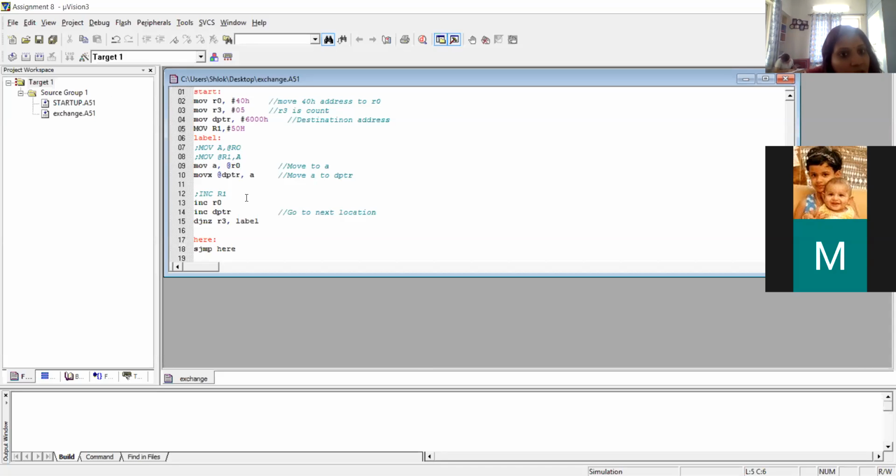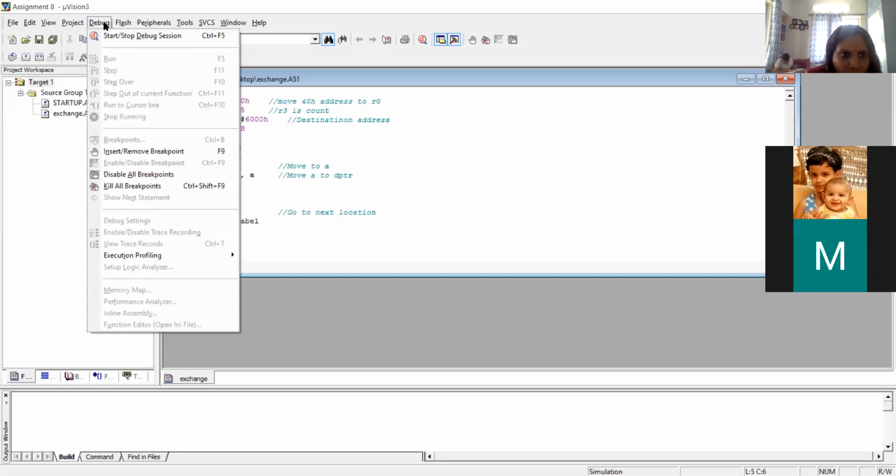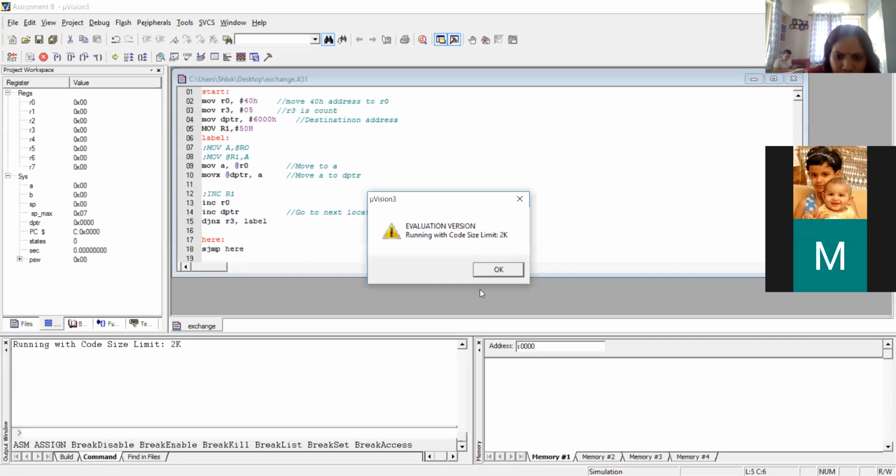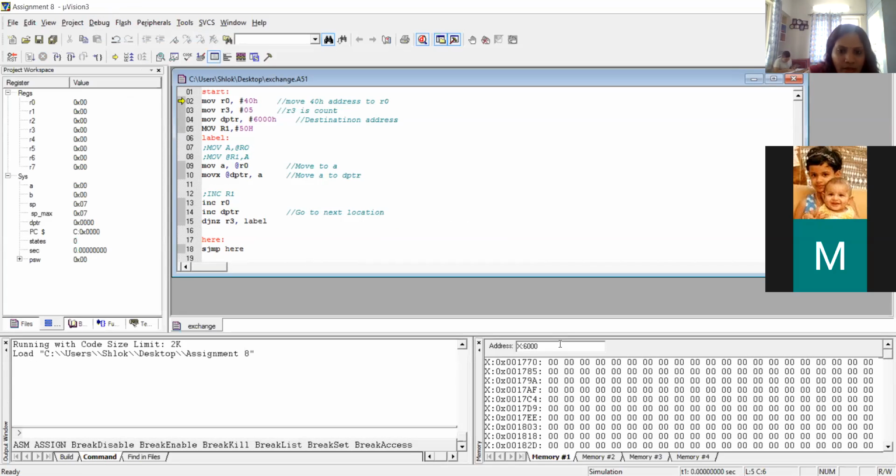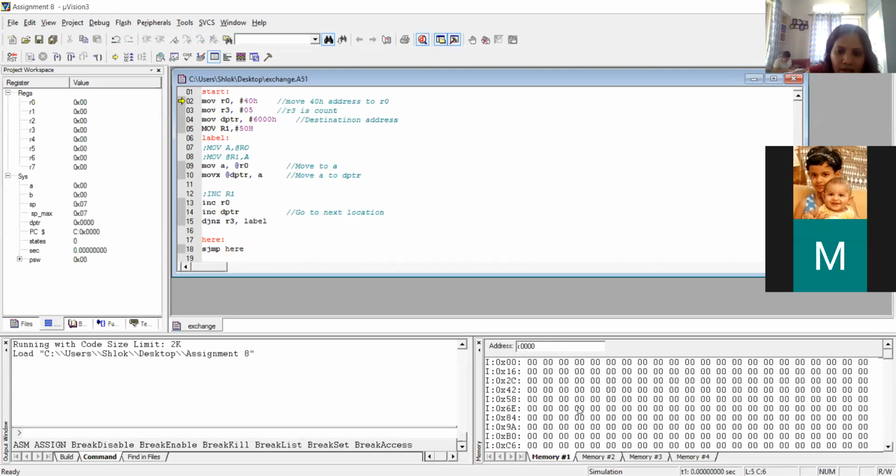Now to check the execution of this program, again you say debug start. Then here, 6000. First of all, I have to take the memory location, I0000. Okay, fine. And at the 40th, I want 40, so I said 40 here. Okay, so I'm getting that memory location. Just wait one minute. Okay, so suppose this is it, just right click over there and find out which is my memory location.